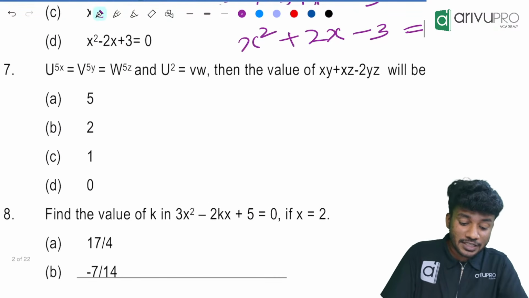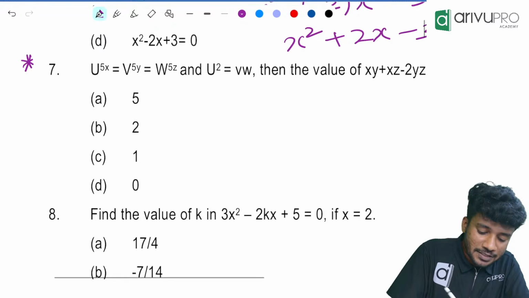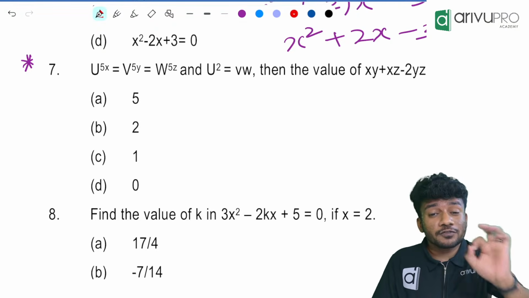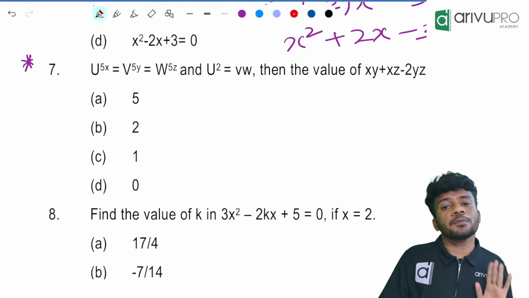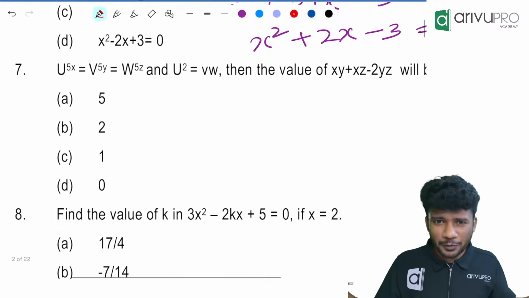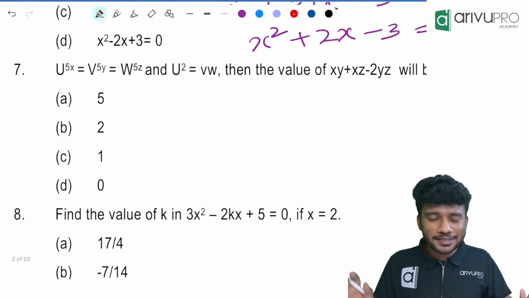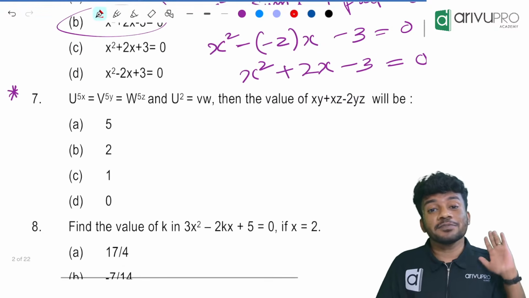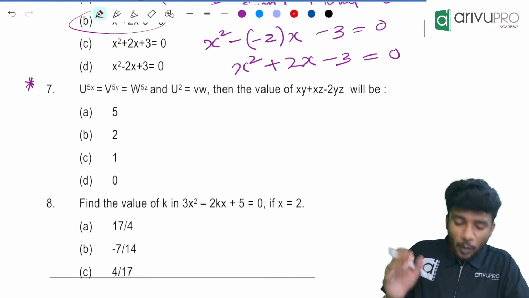Coming to the 7th question. It's a very good question, okay? One of the best question. And if you ask me, in general, this MTP 2.1 was one of the best MTPs ever released by ICAI. One of the best. Very less, no mistakes were there. If you ask me, it's one of the best MTP ever released and very good questions were there from this particular MTP. I'll show you one by one.